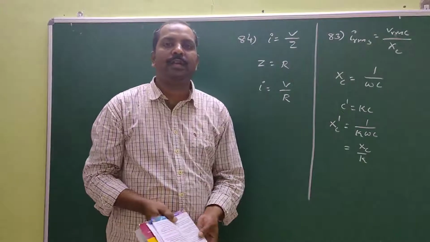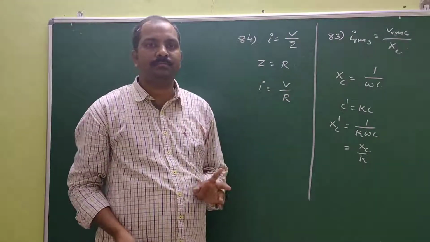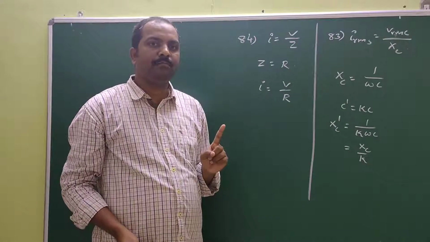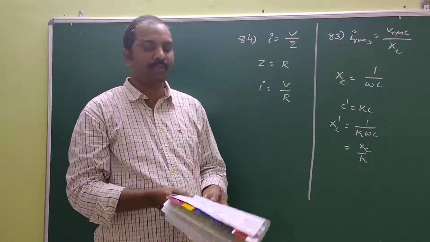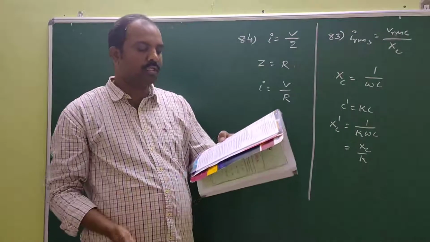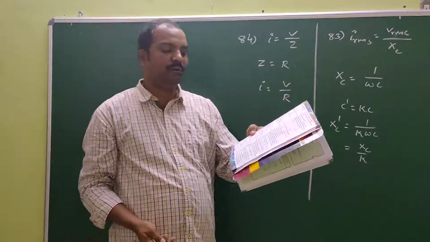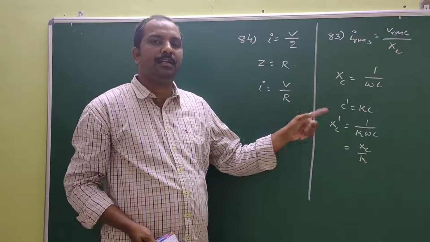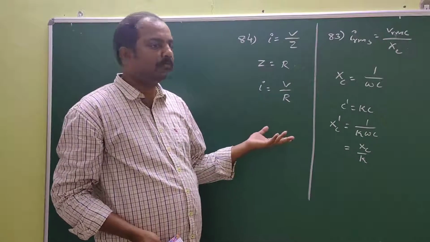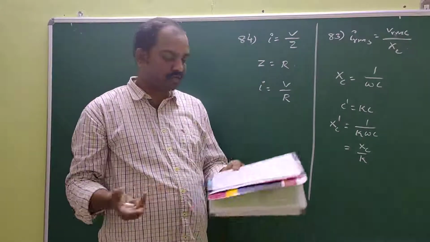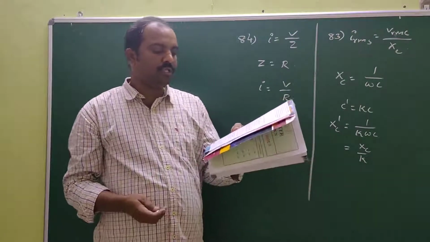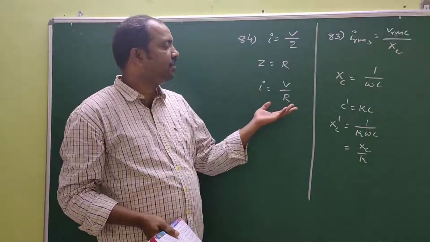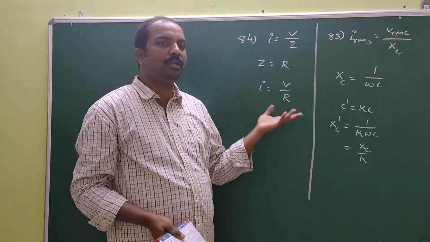Here, there are two different LCR series circuits. The value of the current in both these circuits is the same at resonance condition. Now choose the options. Both the circuits must have the same value of capacitance and inductance. Here the current is independent of capacitance and inductance, so whatever the values, it will remain the same. So that is wrong. Second option, in both the circuits the ratio of inductor and capacitor will be the same. As it is independent of inductance and capacitance, that may or may not be the same.